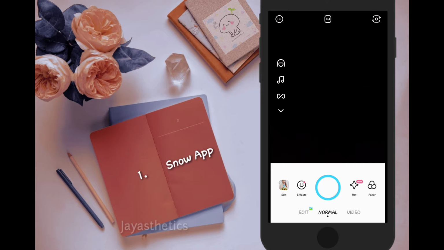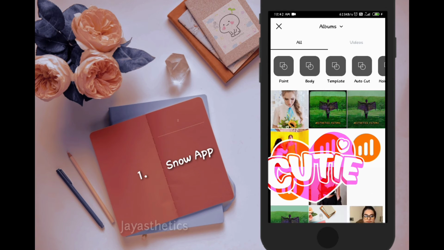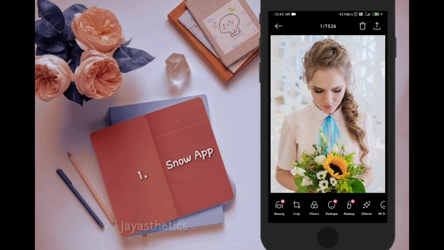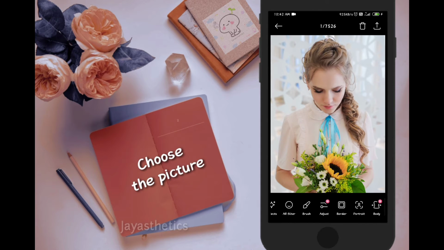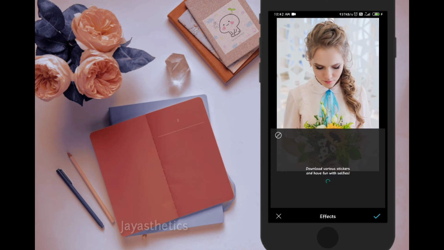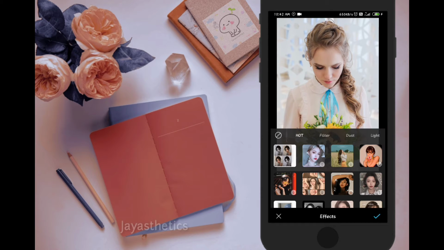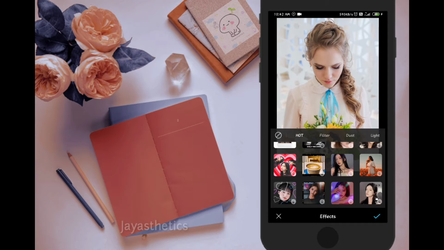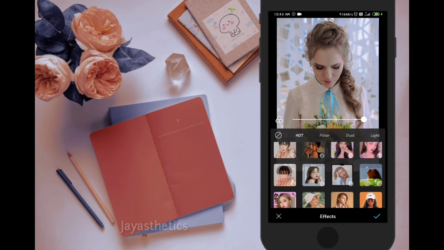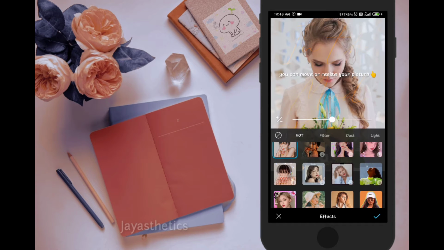This is a camera as well as an editing application for Android. You just have to select the photograph which you want to look aesthetic and go to effects and choose any one of those effects provided. These are known as aesthetic filters. You just need to choose the right one for your right photograph. It depends on each and every photograph how it looks attractive. Just choose whichever it suits.